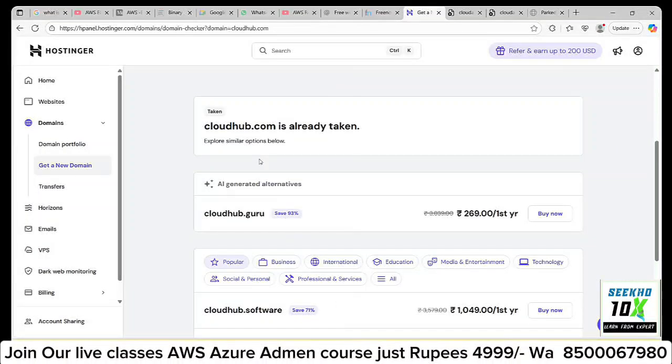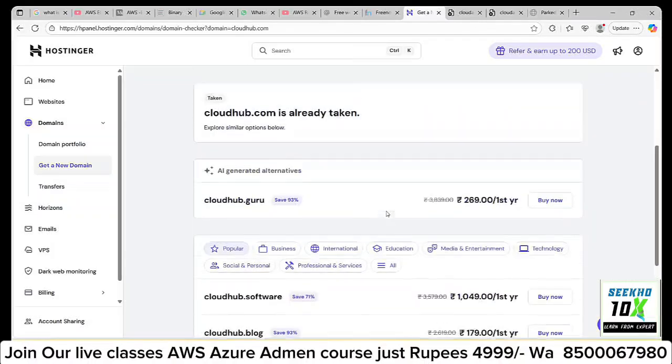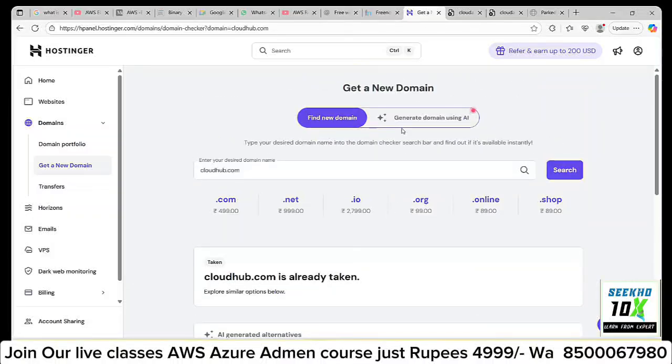Like that, you can search sites like cloudhub.software. The charge is very high, 1,409 for the first year. And cloudhub.blog is 179. Like that, very cheap sites are also available. The site which I purchased is only 89 rupees, it cost me around 126 rupees.